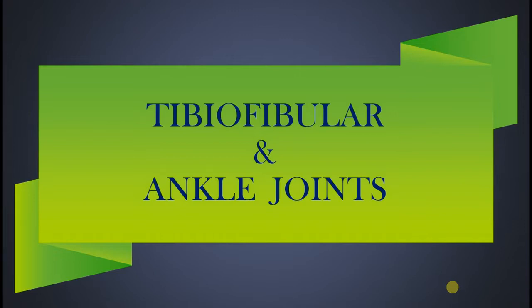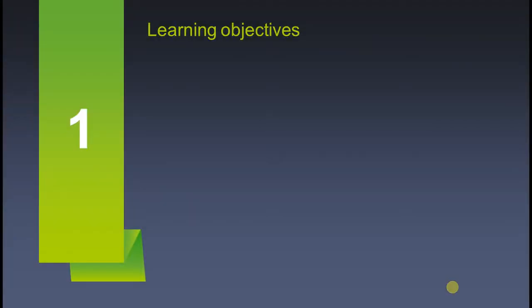So today I will be discussing the tibiofibular joints, the ankle joint, and also the subtalar joint. Those are the remaining joints in the lower limb: the tibiofibular joints, the joints of the leg and ankle, and the subtalar joint. Our learning objectives for today: